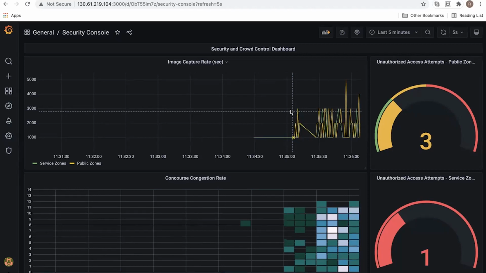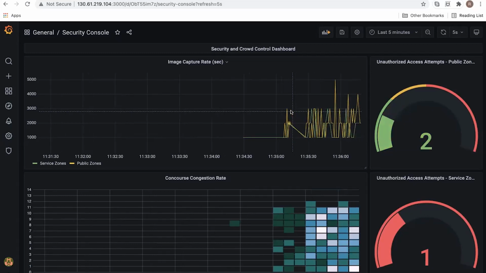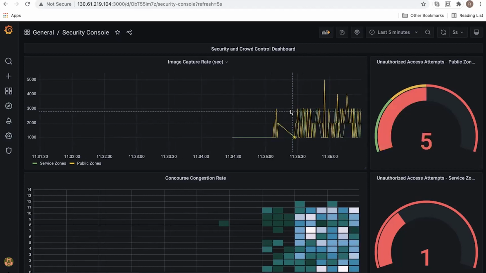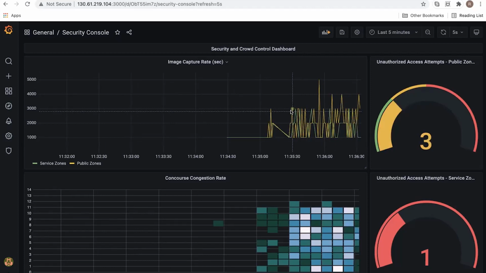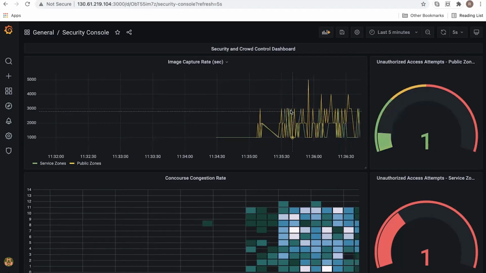On the upper left, you'll see it essentially ensuring that equipment is online. The image capture rate is stable and so forth. A lower section is identifying density of individuals within the environment. And on the right, these are real-time alerts generated that need to be processed by a security team or someone else. So again, this is a good example of a real-time dashboard using the same data processing, same data set as